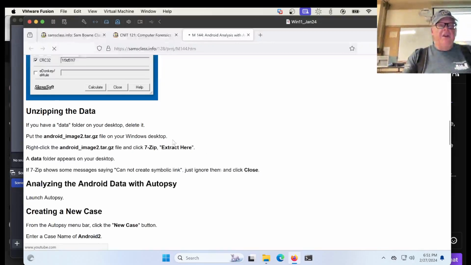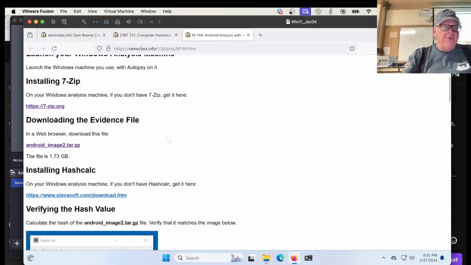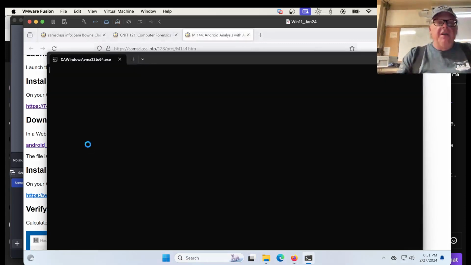Let me demonstrate this project here, which, like all realistic forensic projects, involves big files and it's really slow. What I already did was just download this evidence file, and I also increased the RAM on my virtual machine to half the total available RAM, which in my case is,